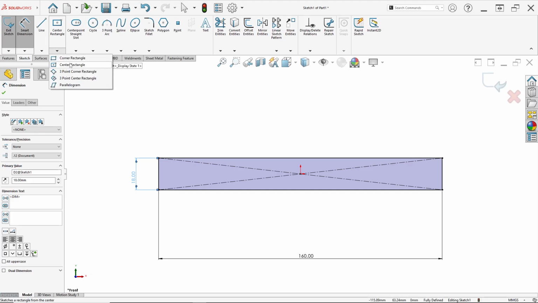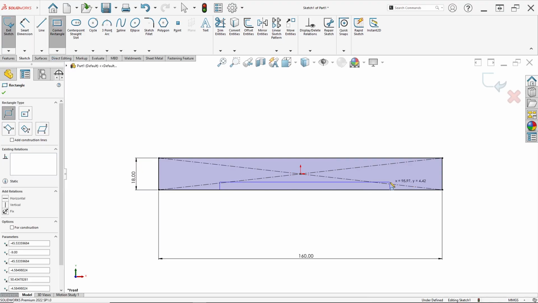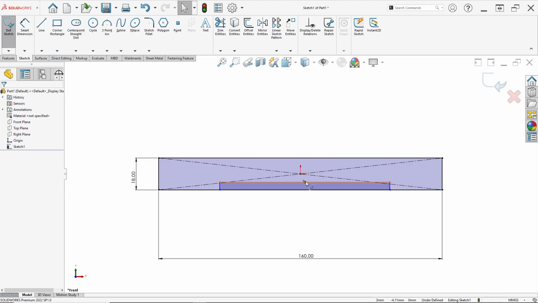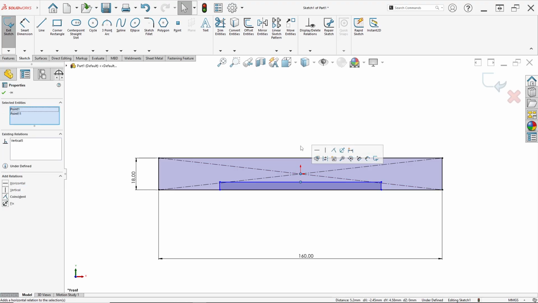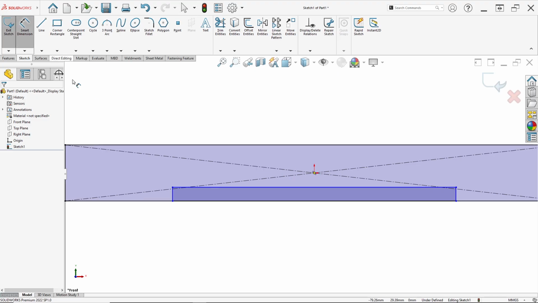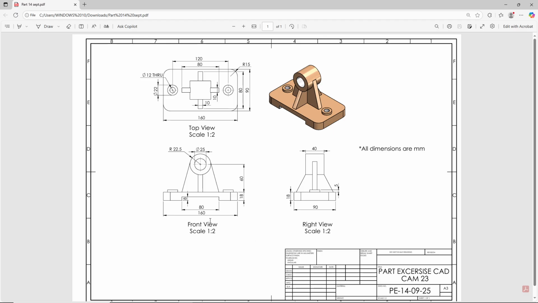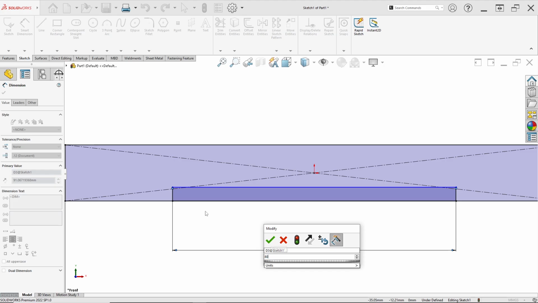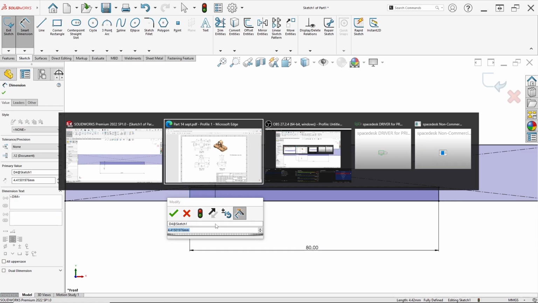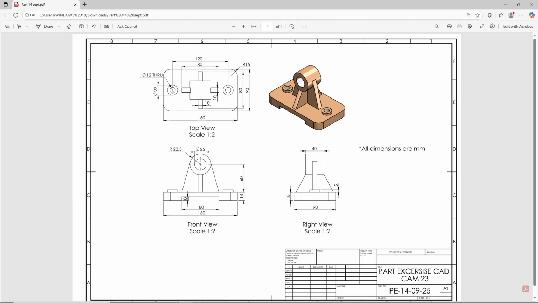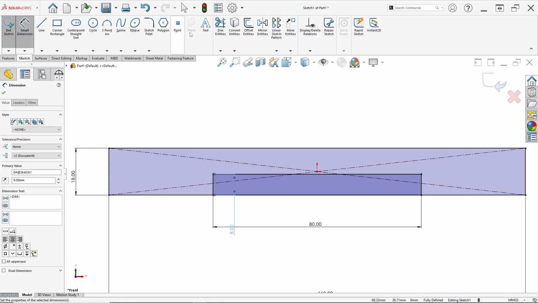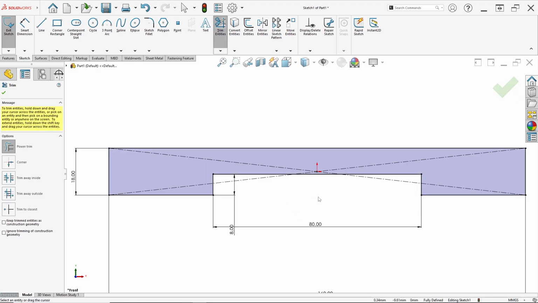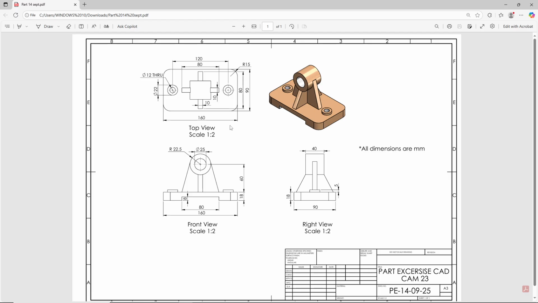So draw a corner rectangle, draw this to this, and ensure the midpoint is on the corner rectangle: click this point and click make vertical. Okay, then set the dimensions: the length is 80 millimeter, and the width is 8 millimeter for the cut like this. So after that we can trim the edges to this line like this,